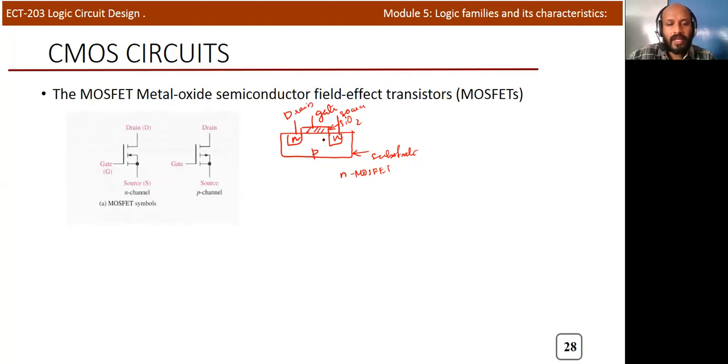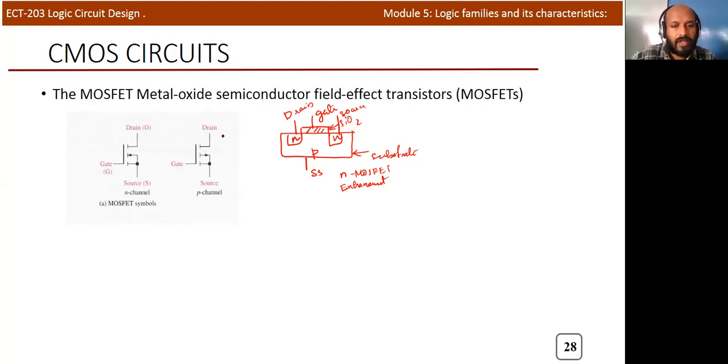In a practical case, when you discuss any MOS transistor, there will be one more terminal. It's not a 3-terminal device, actually it is a 4-terminal device in practical MOS transistors. The 4th terminal is known as the substrate, normally indicated as SS. So this is the basic structure of N-channel enhancement type MOS.